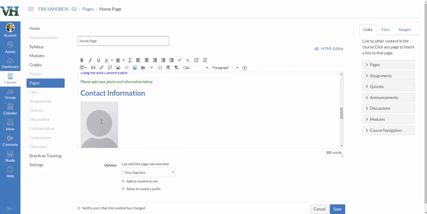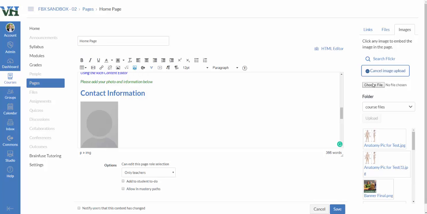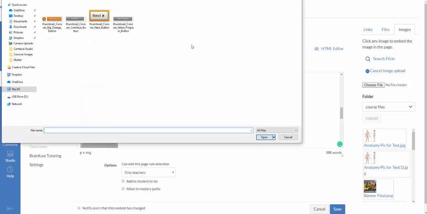And if you click on that placeholder for the photo, and then go to the right-hand side and click on Images, you can then search on your computer by going to Upload New Image to find your profile picture. So I'm going to click on Upload a New Image because I've got a picture out there that I want to use. And it's going to ask me to choose a file, and then it's going to open up,